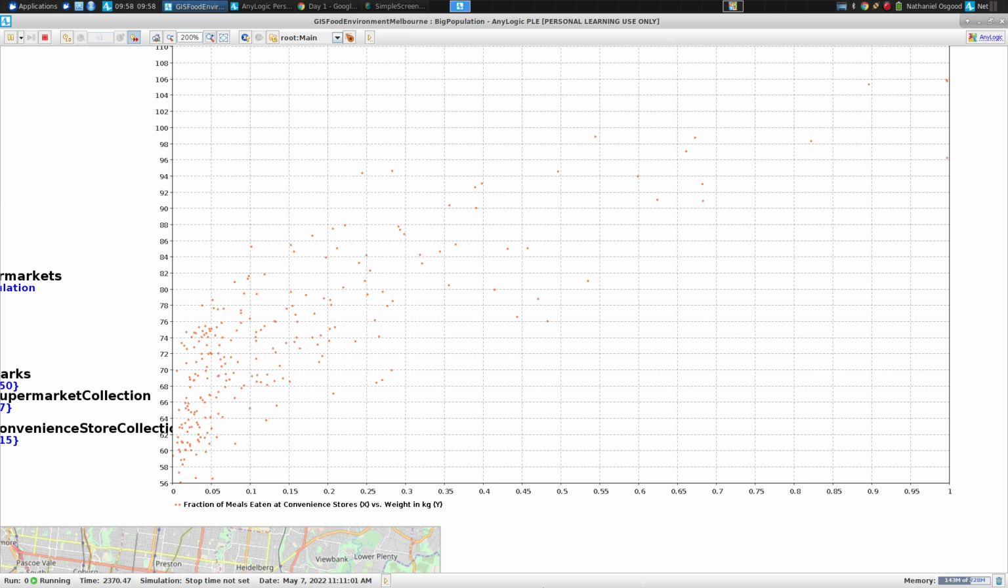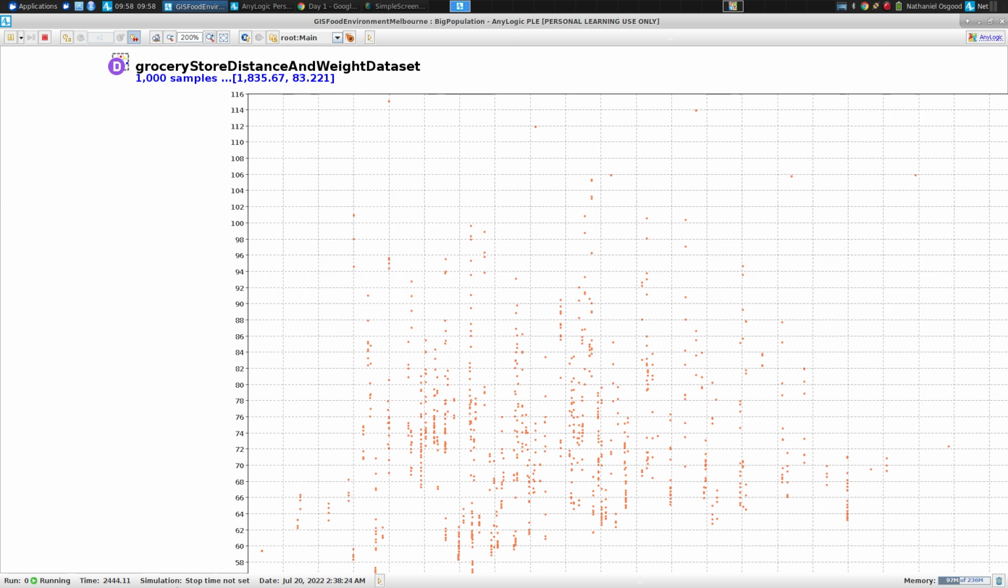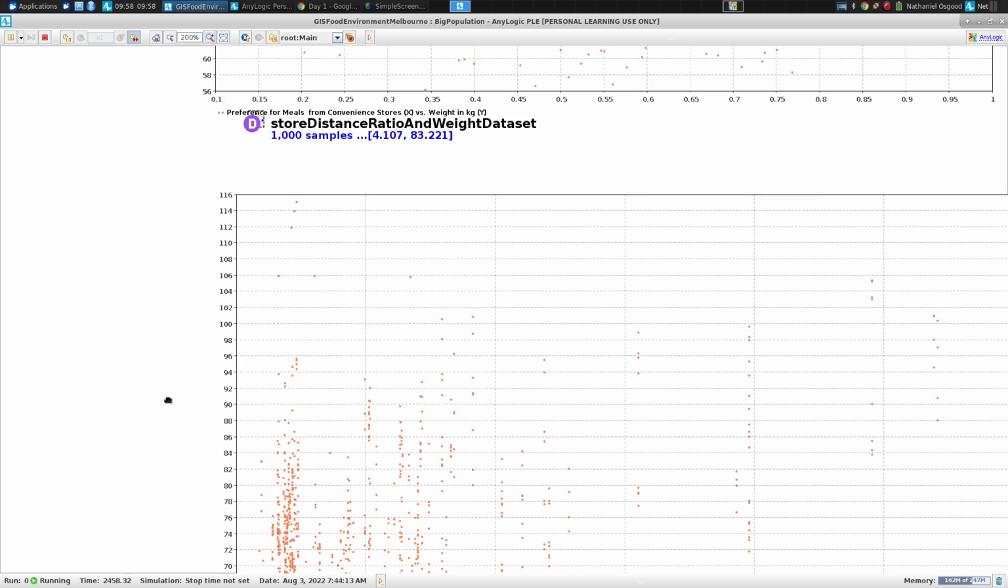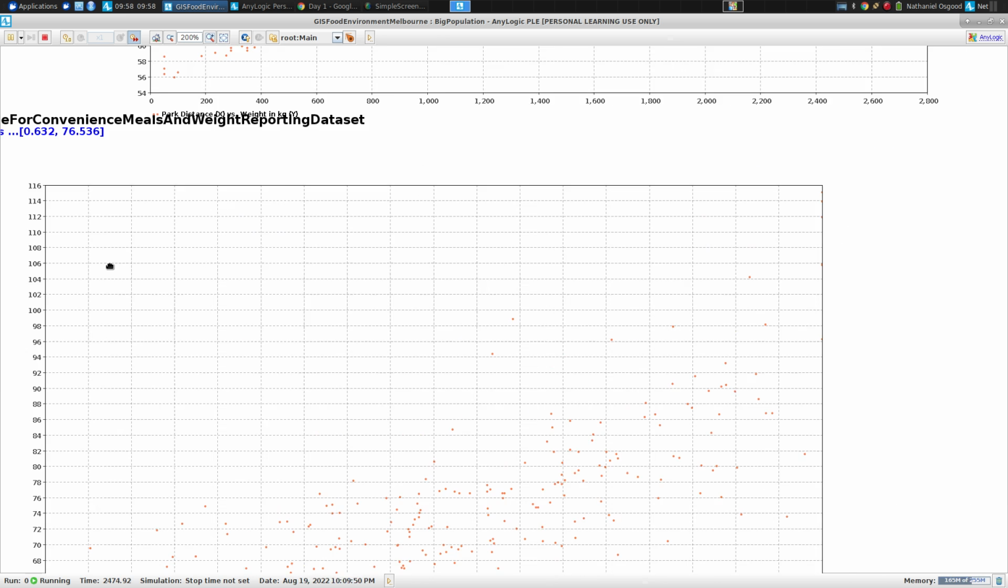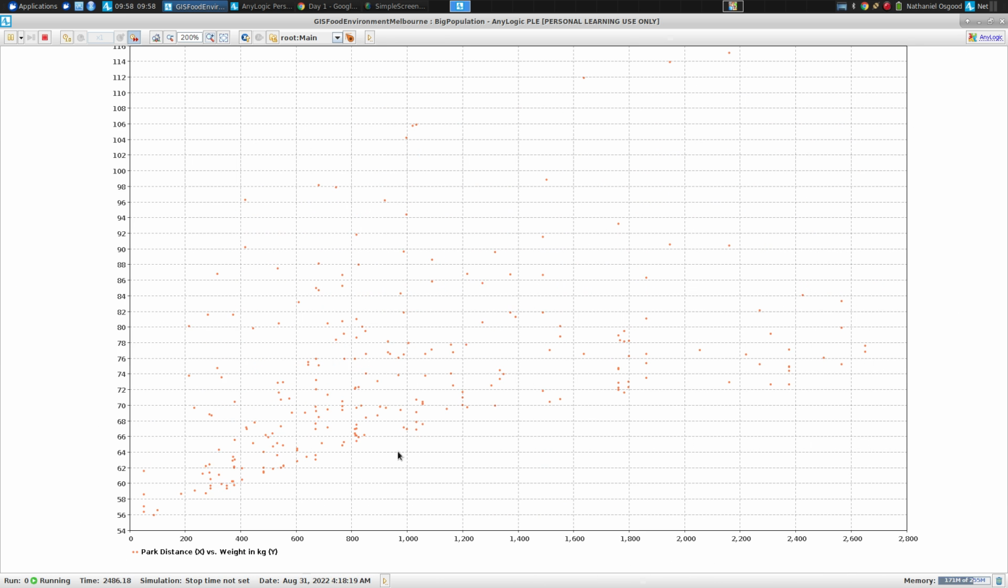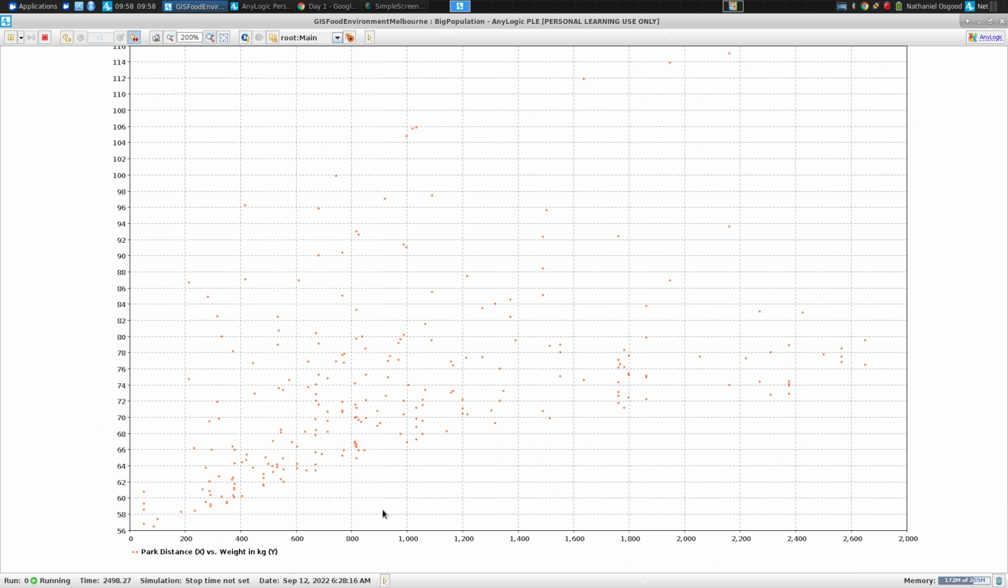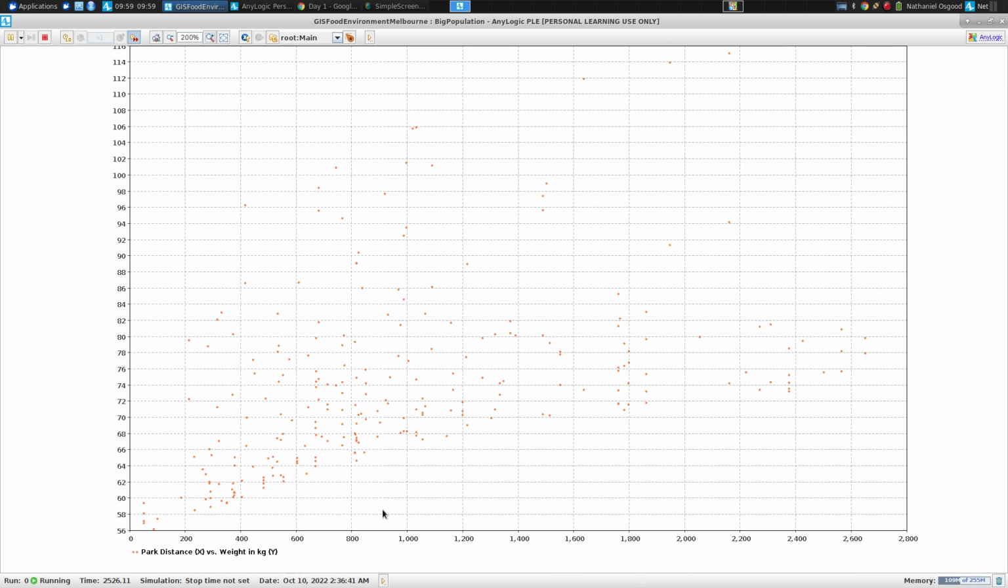And some examples of those implied results are shown here. For example, the relationship between the fraction of the meals they eat at convenience stores and their weight in kilograms, or further up, their preference for meals versus their weight for convenience store meals, or the distance from parks and their weight in kilograms. These patterns result from the model. The model is giving rise to them. The assumptions that we've specified to the model